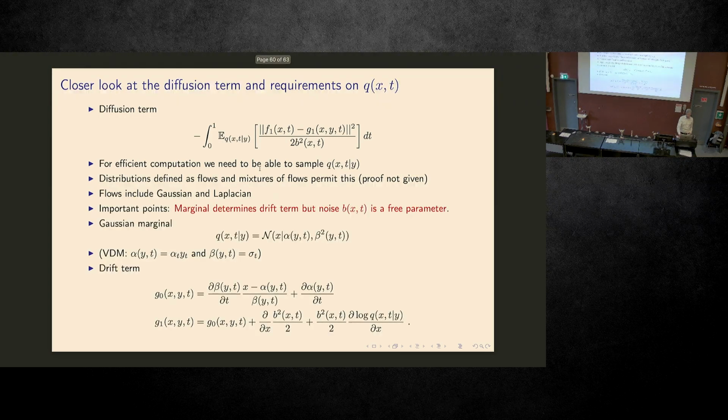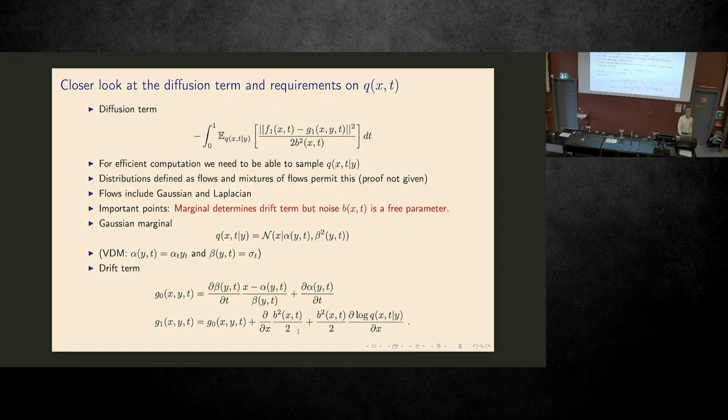So let me show you. Let's take a simple example. If we choose it as a Gaussian, then we can write down a Gaussian with mean alpha, a function of y and t, and variance beta squared. Then we can write down what the drift term becomes for the ODE and what the drift term becomes for the